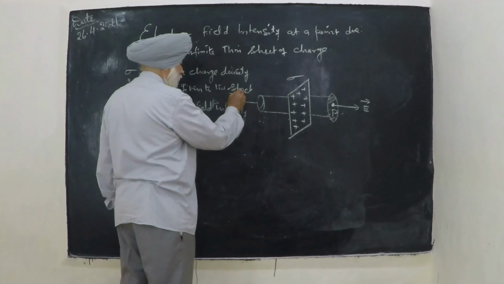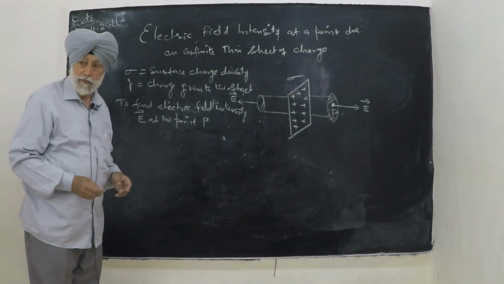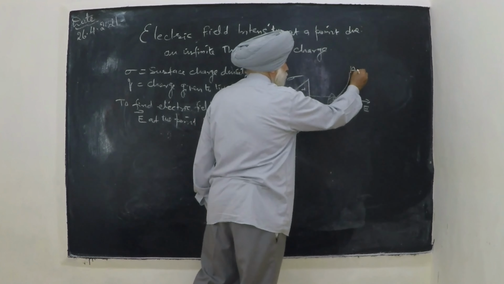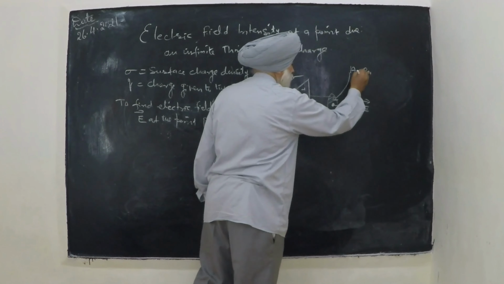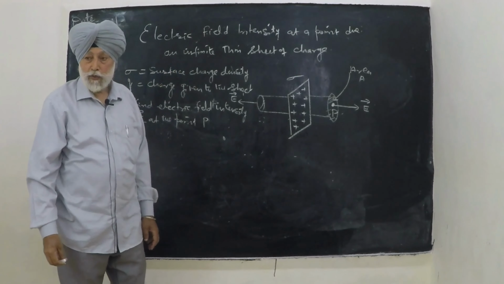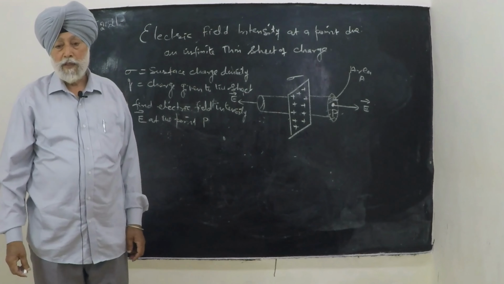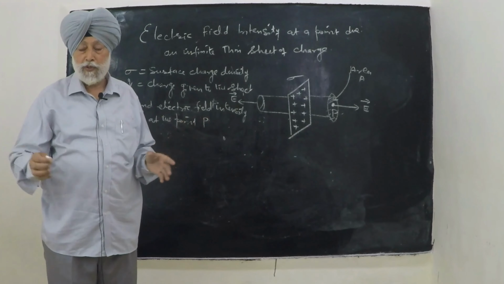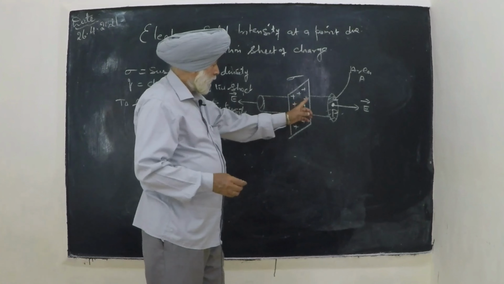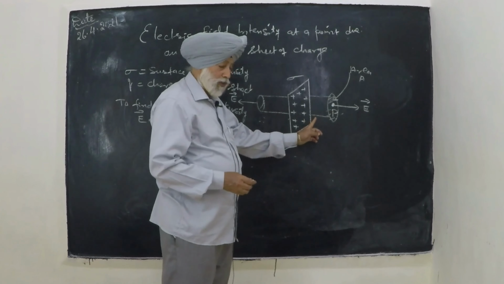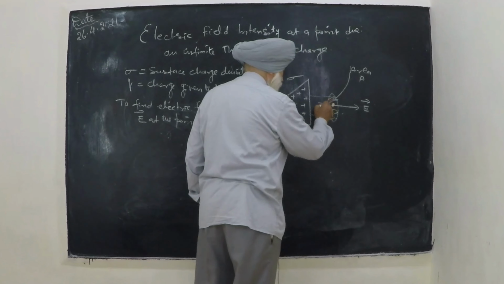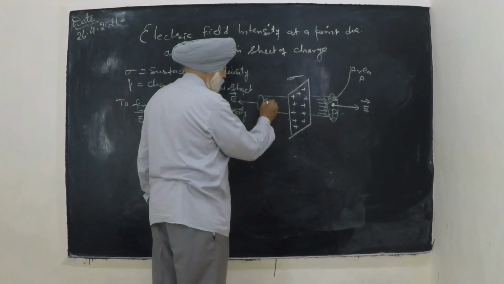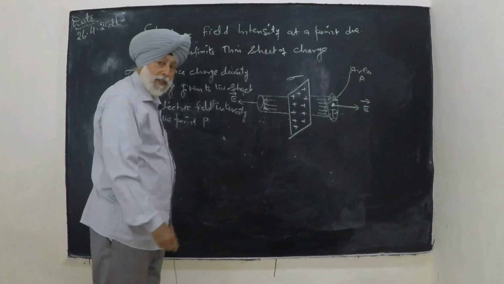This is the direction of electric field intensity on both sides of the sheet, and the area of the circular cap is A. As you know that electric flux is the number of electric lines of force which is passing normally through the surface. The electric lines of force, that is flux, is parallel to these sides but passing here. This is the electric flux which is passing through the circular caps on both sides.